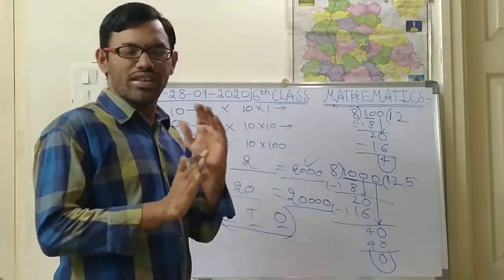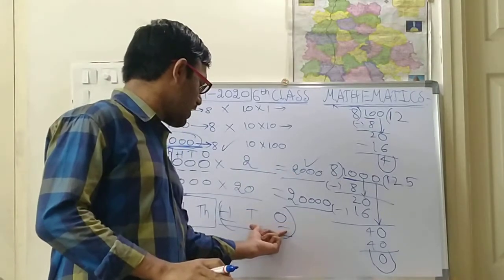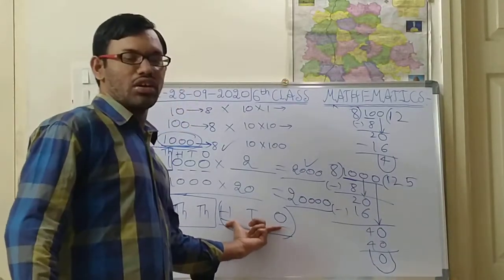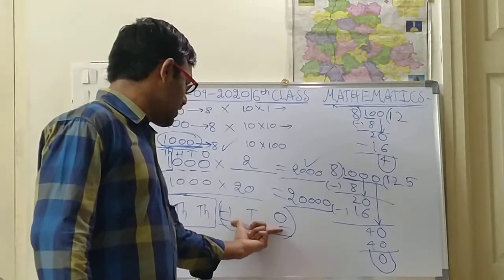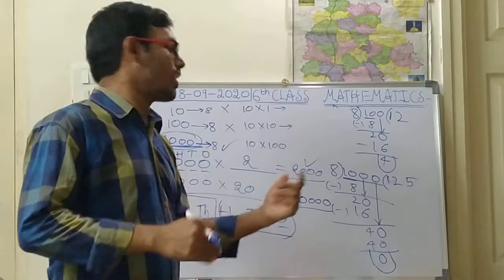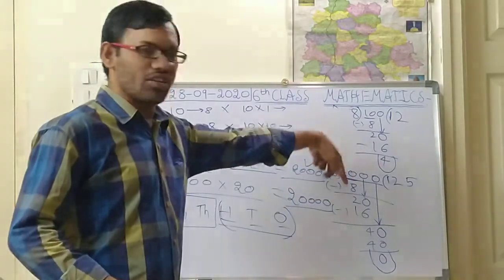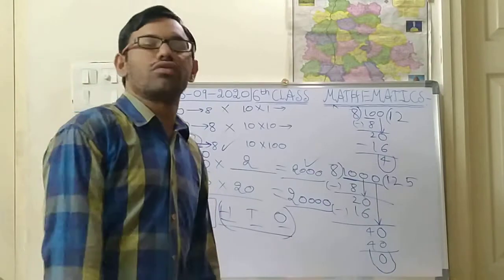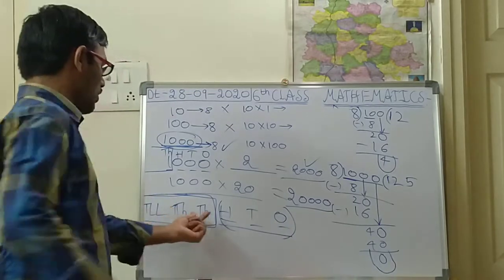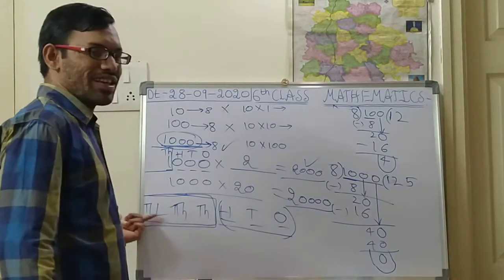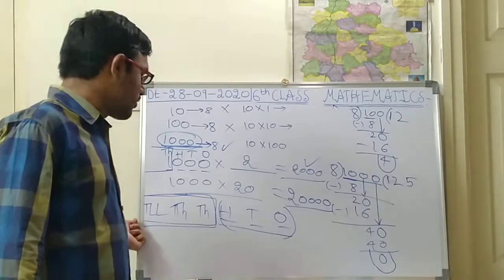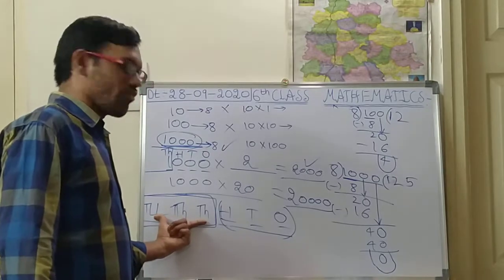So for the divisibility of 4, we check only ones and tens place. For divisibility of 8, we check ones, tens, hundreds. Okay. So the last 3 digits you are supposed to check whether it is divisible by 8 or not with the actual division. I think you know this division. Same division only you are supposed to follow. But coming to all these places, thousands, 10,000, lakhs, 10 lakhs, crores, 10 crores, all these will be divisible by 8. Obviously they are divisible by 8. Again, you are not supposed to check for these numbers.